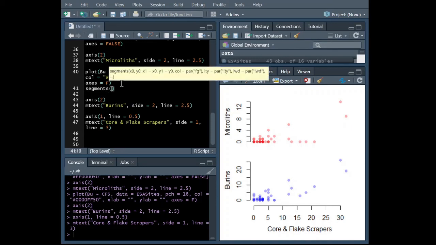This is another common function for plotting that if you pull up the help page, you'll see how it works. But basically, you need to specify at the minimum an x and a y coordinate for where to plot this segment. And really, you need to specify the starting x and the starting y, and then the concluding x and concluding y, because this is going to plot a line segment. So let's plot from an x value of 0 and a y value of the mean